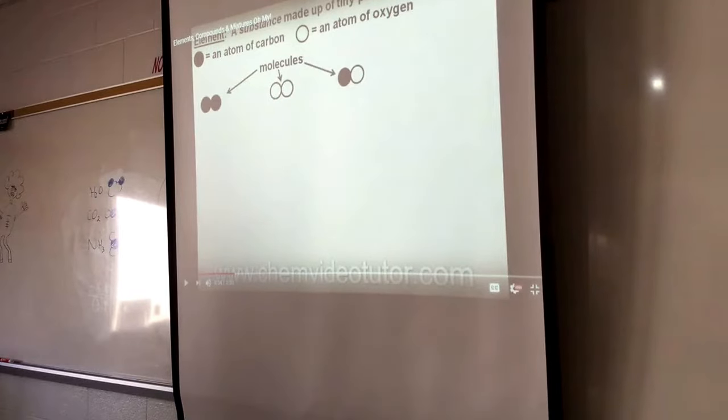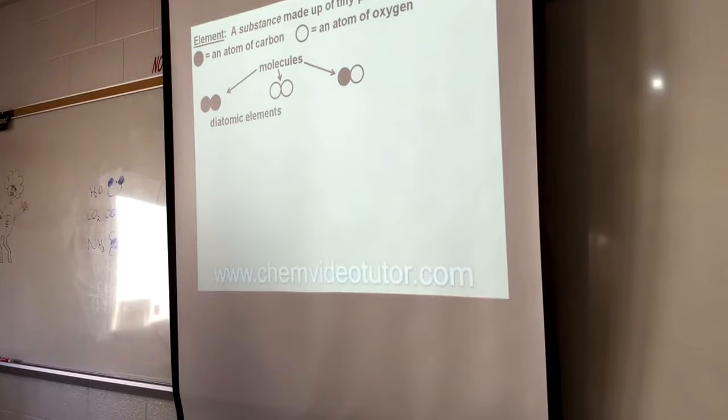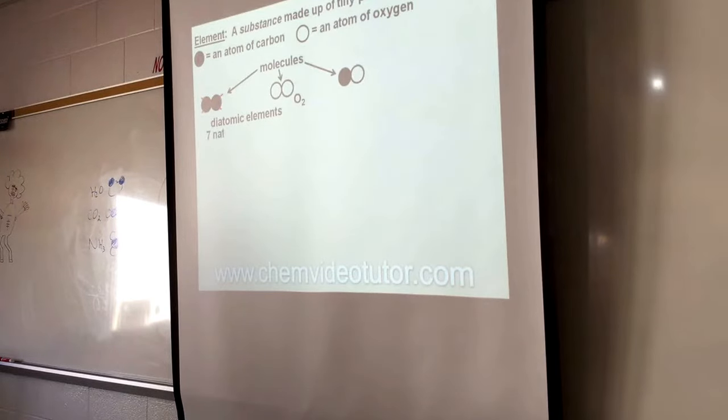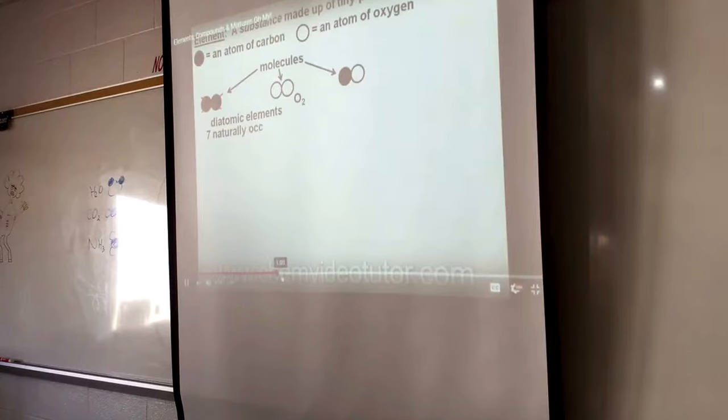Okay, here we go. Two of the same kind. We call that a diatomic element. Oxygen is actually found as a diatomic element in nature, like in the air we breathe, and so we write it as O2. Carbon does not exist as a diatomic element in nature, but if it did, you now know how to draw it. Altogether, only 7 out of all of the elements that we know of are naturally diatomic, and they are